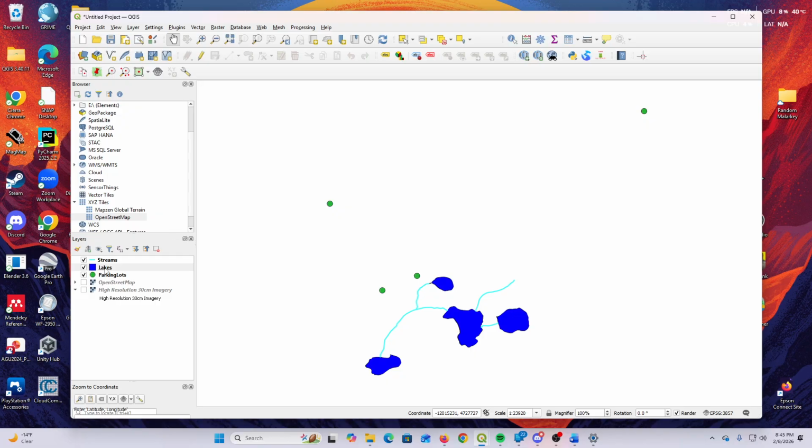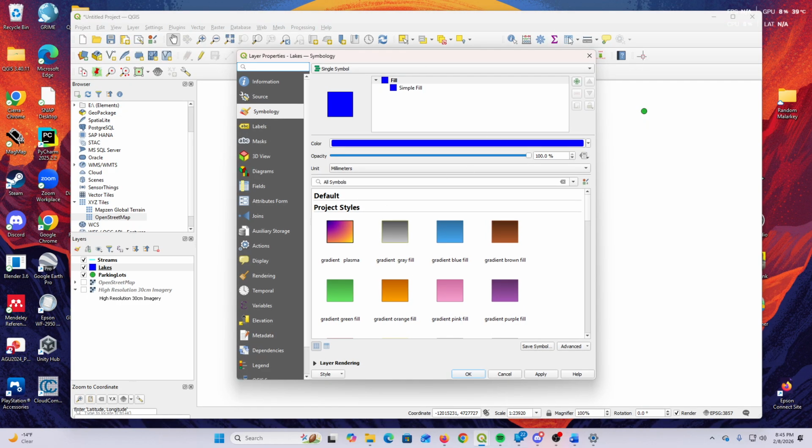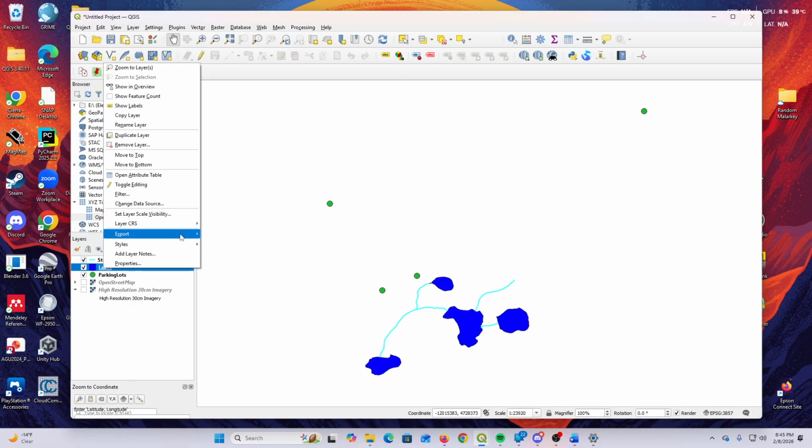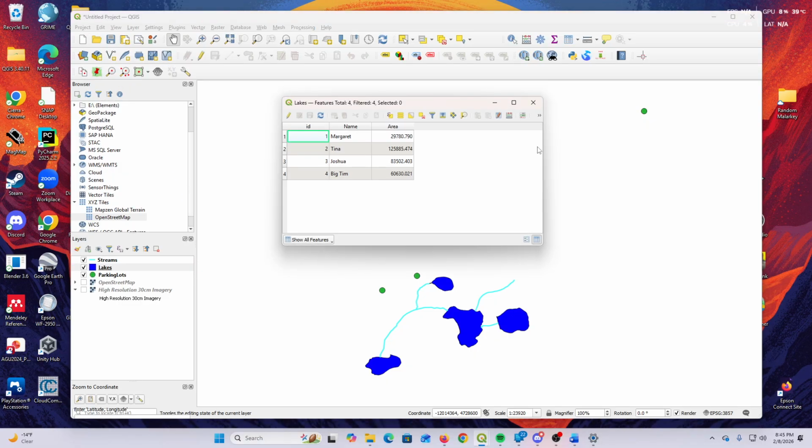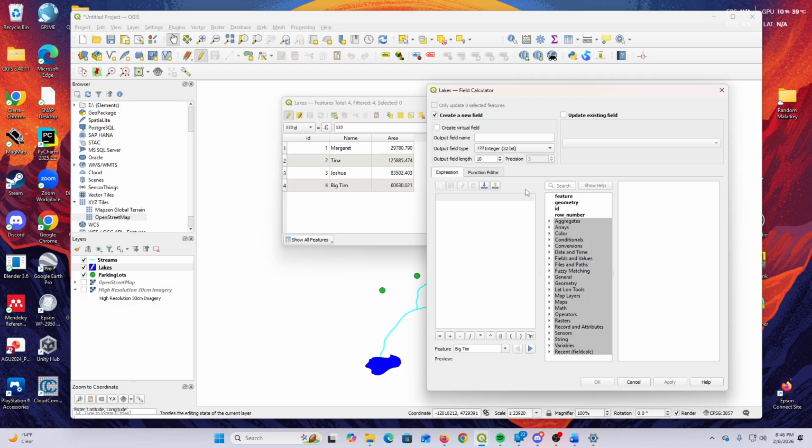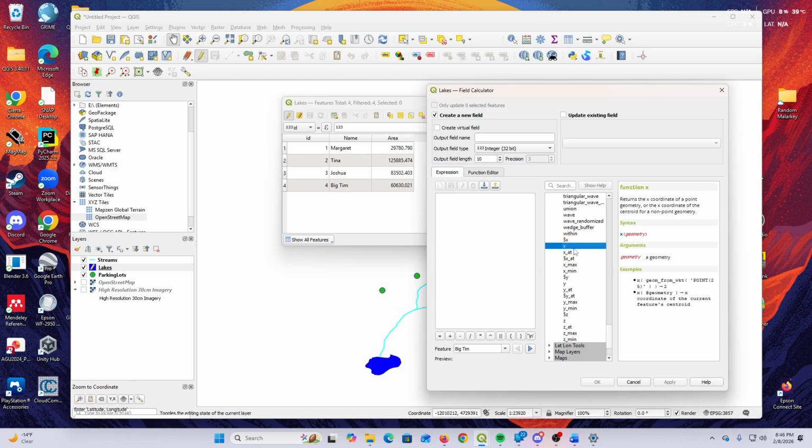If I wanted to, I could also go in here, whoops. I could also go to my attribute table and add the coordinates. So go to my field calculator and, well, let's not do that one. We'll go to geometry. And if you scroll all the way to the bottom, you'll get X, Y, Z. So I'm going to go ahead and do